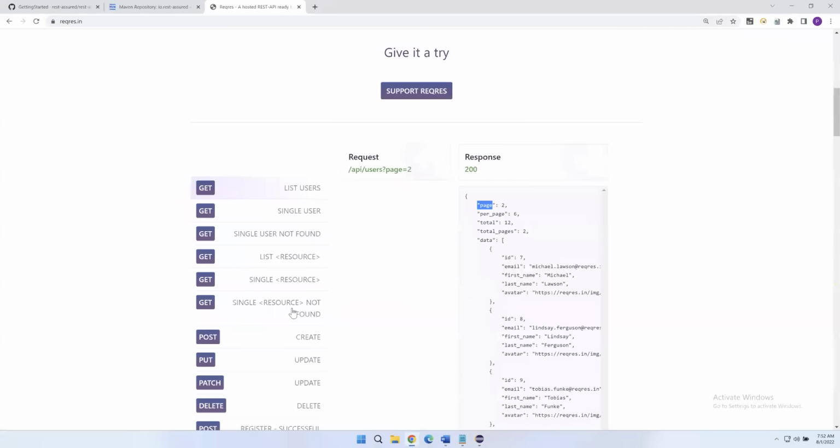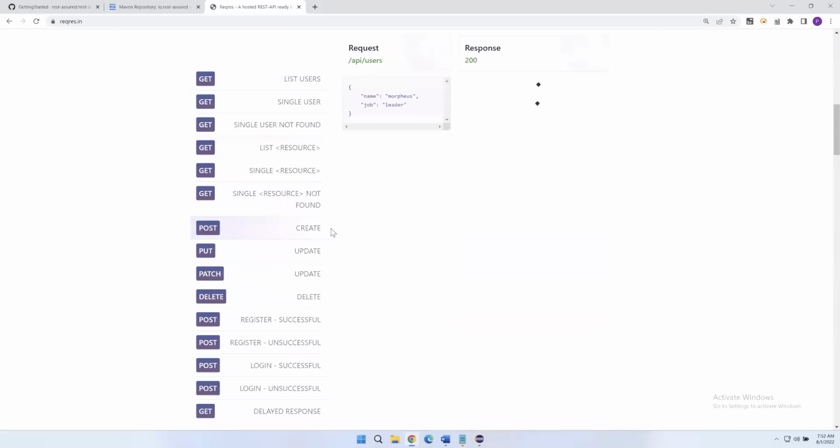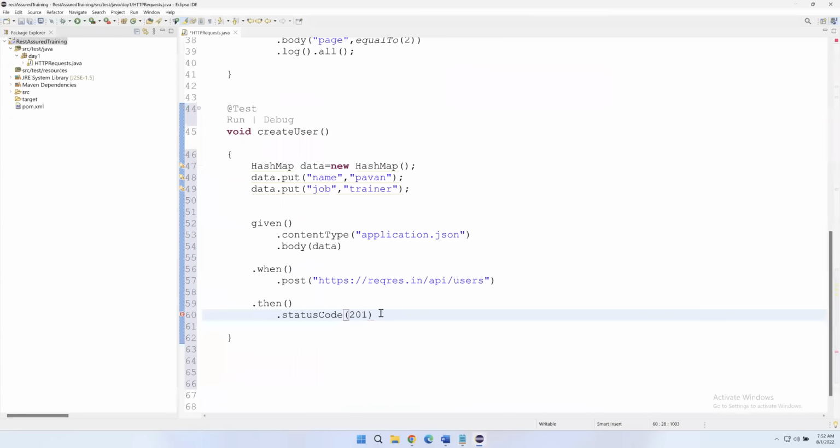So here I'm sending a create user post request. And here you can see 201 is the response code. Okay. So now I have specified the status code. Now I want to put the entire response in my console window. So how can we log the entire response in my console window? I can simply say dot, or before that, suppose